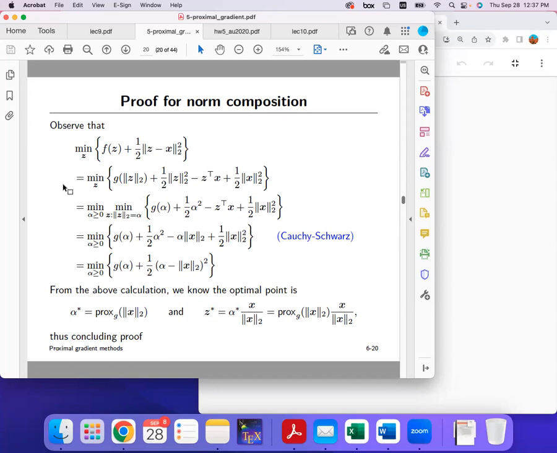Now, here is the interesting part. This minimization problem depends on the L2 norm of z. Because for the first function, the input is the L2 norm. This term also depends on the L2 norm. And this inner product term, it depends on z actually. So what we can do,